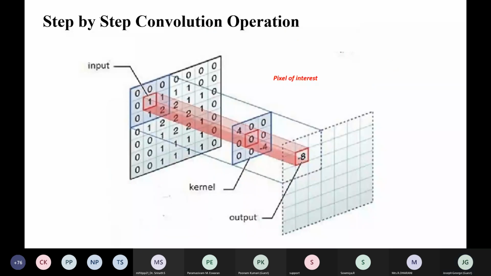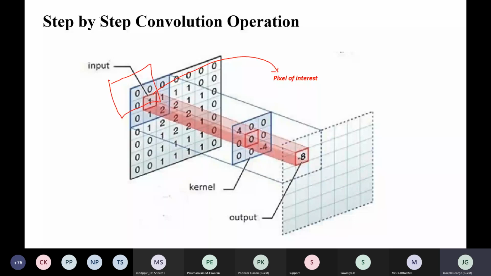When you place a kernel on an image, it will not be placed like this. If you place it like this, the value here will be 0, so you will get a wrong answer.